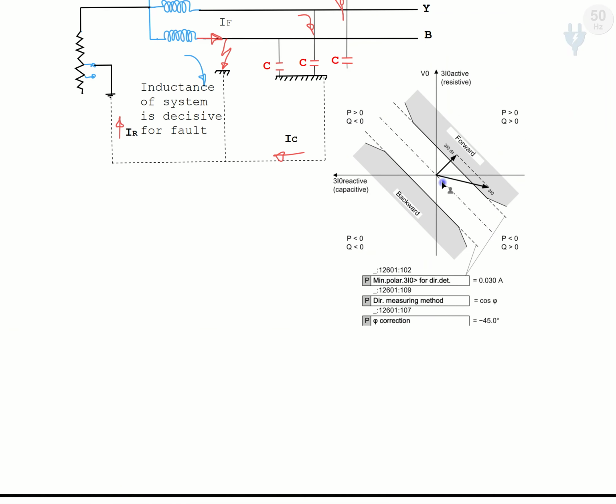And if the current is inductive, so the majority of current will occur in this direction, so we tilt our symmetrical axis by minus 45 degrees so that the part which is perpendicular to this symmetrical